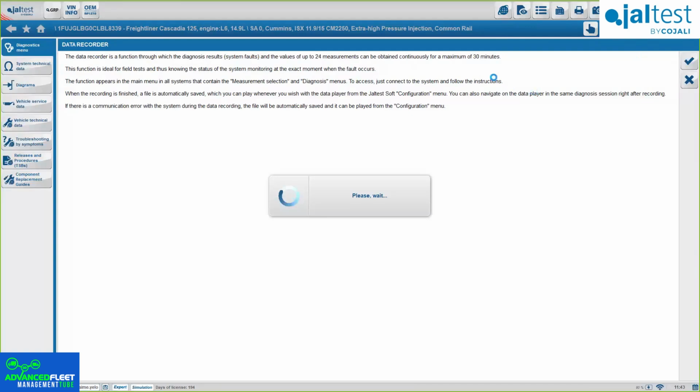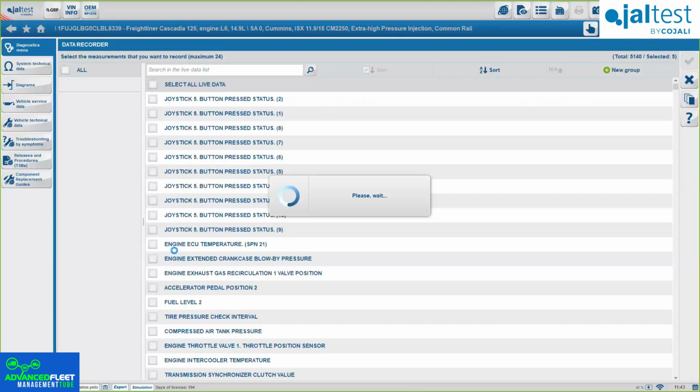Just check the specific data you want to see, and then you can just start recording, and the system will automatically record for 30 minutes. Okay, so again, pretty simple. Then you can later see exactly what was going on during the road test, and it will be pretty useful again for you guys if you want to check exactly how the truck is behaving on the road. Okay.